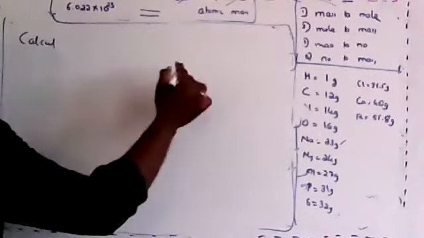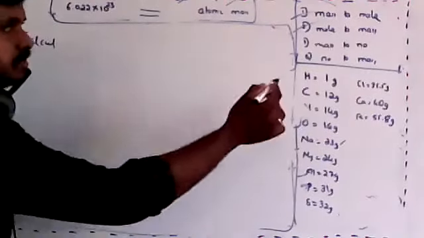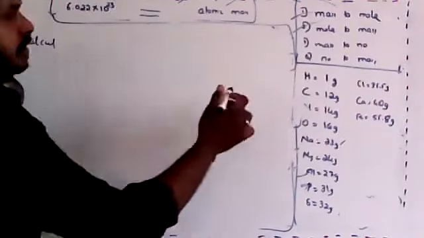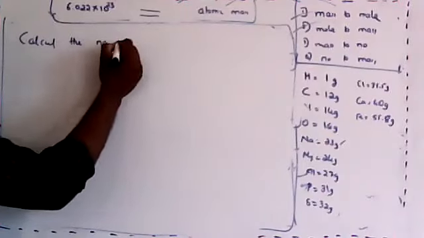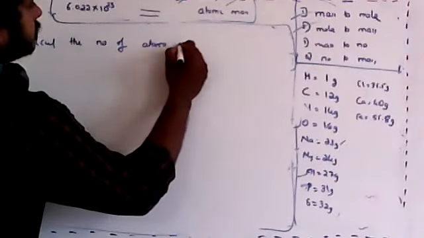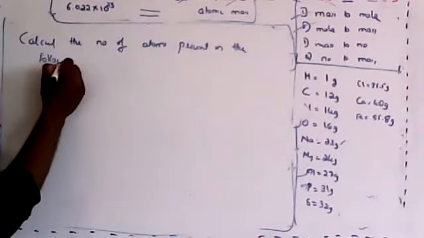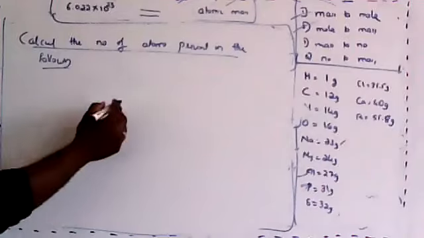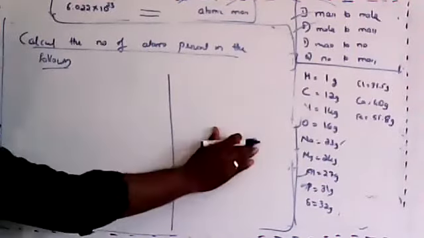Calculate. See, this is done. Mass to mole is done. Just now we calculated the mole to mass also. Mole to mass is asked, multiply. Mass to mole is asked, when mole is asked, remember division. Now, mass to number and number to mass. Calculate the number of atoms present in the following. I won't give many. You have to consider it here, and also I'll tell you the simplest way here, and the actual way here. This is the simplest way, this is the actual way.